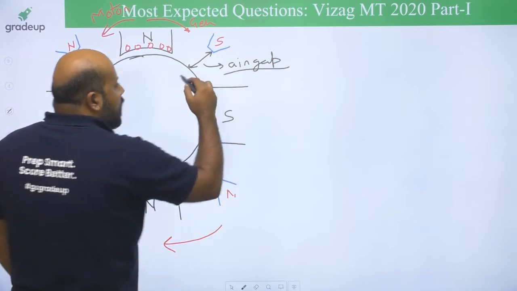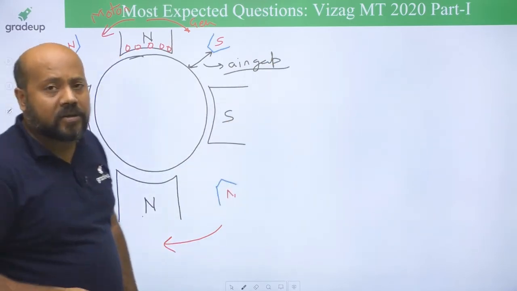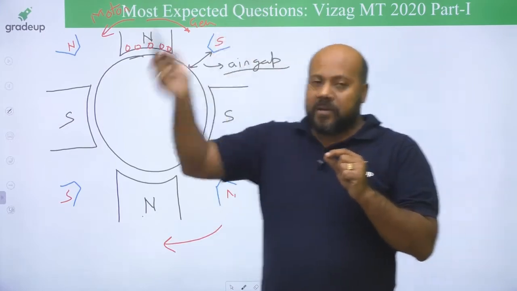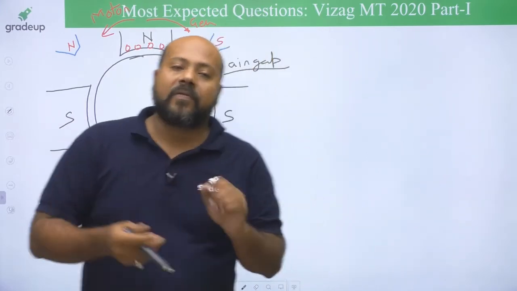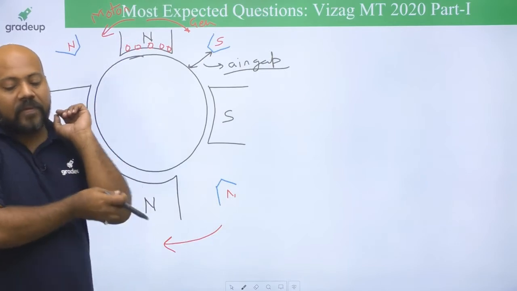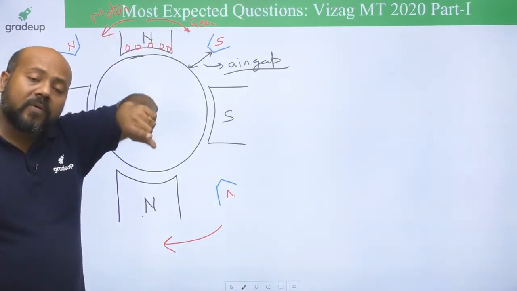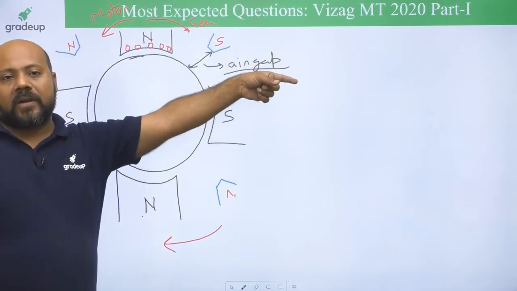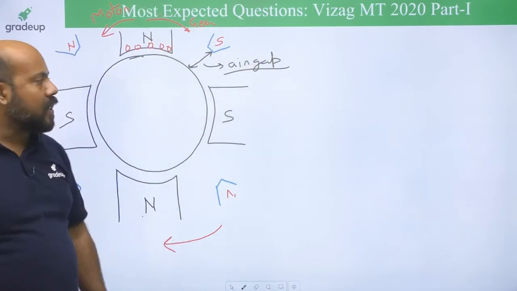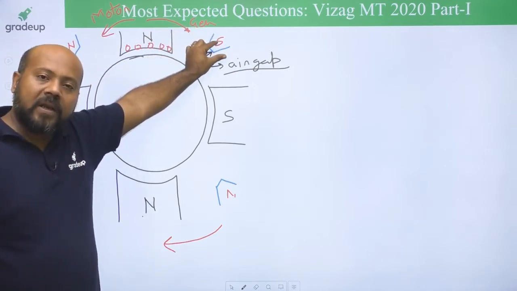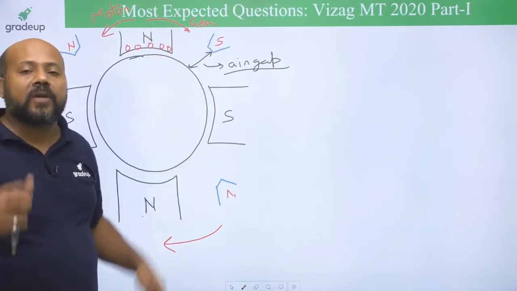Okay, if the air gap is large, the reluctance is also going to be large. It means whatever ampere turns, that is MMF, you are going to provide to the interpole winding, which is also connected in series with the armature winding, the current is going to be the same as the armature current. And whatever MMF, ampere turns of the interpole winding you provide, you have to take care of two things.